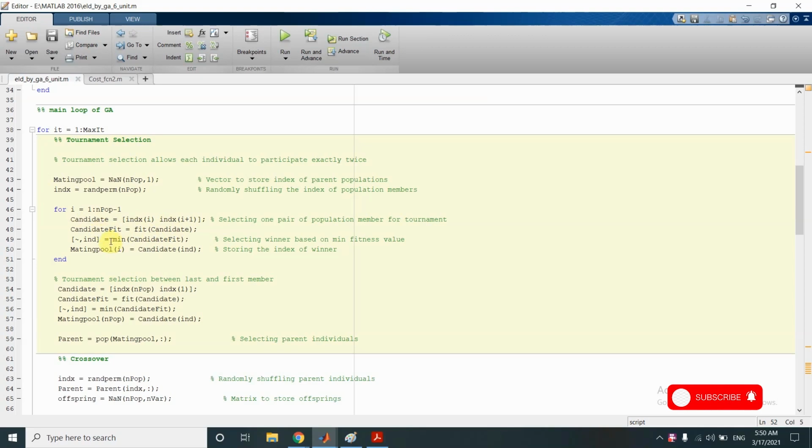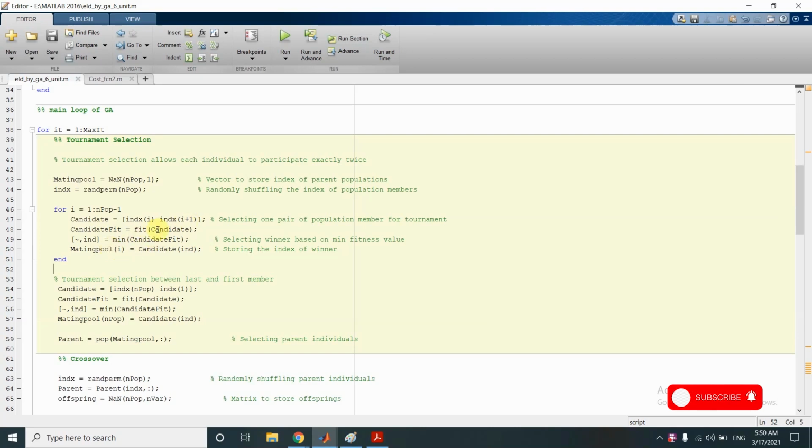Then we find the minimum value among these two. The smaller the fitness value, the better is the individual. So the individual which has the lesser value of fit would be selected in this tournament between these two individuals. So we find the minimum of these two values, and we are simply taking the index.